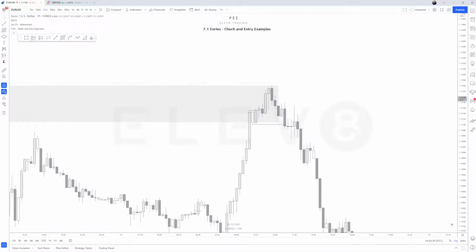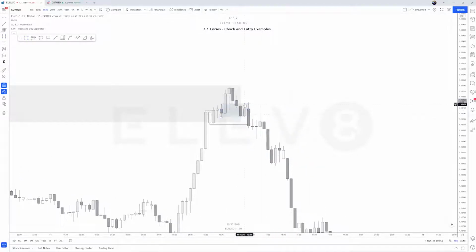So we're saying, is there a sweep within this leg before the Choch? Well, yeah, there is, because we tapped into this demand. We then created this high from the pullback. And then this high gets taken, gets swept. So our entry is based on the sweep of liquidity. And so we enter at the sweep here,